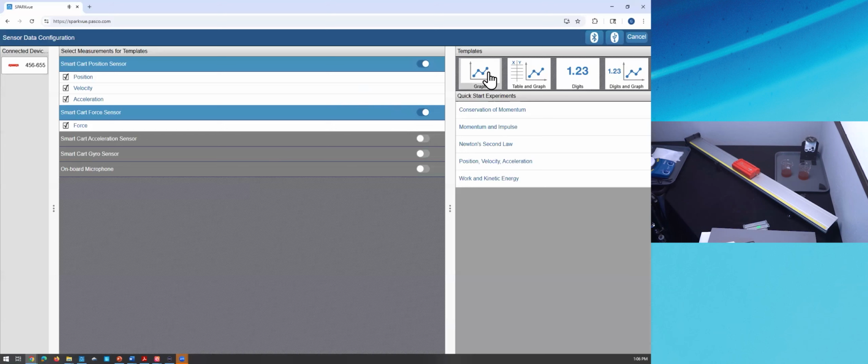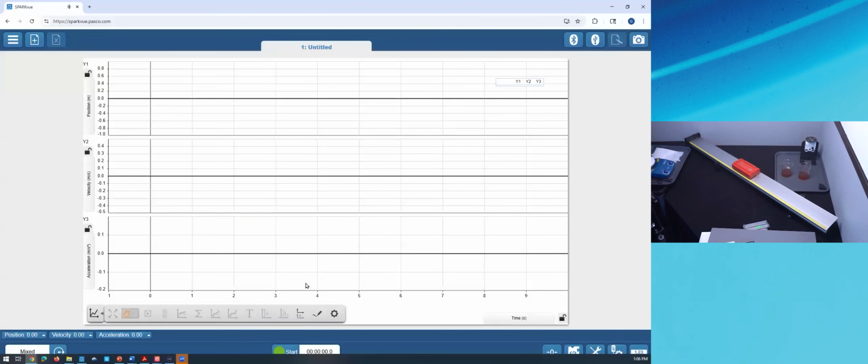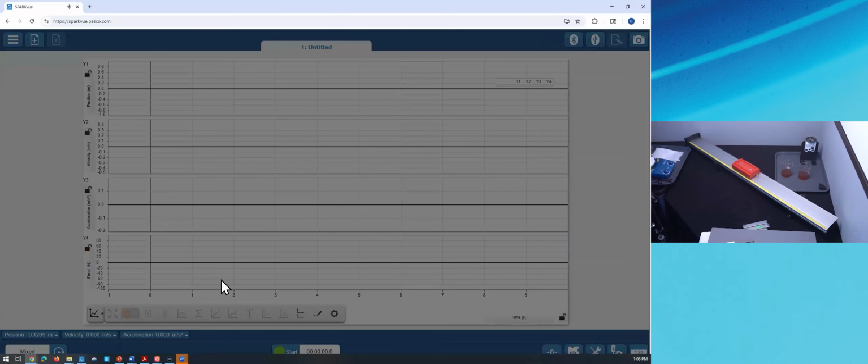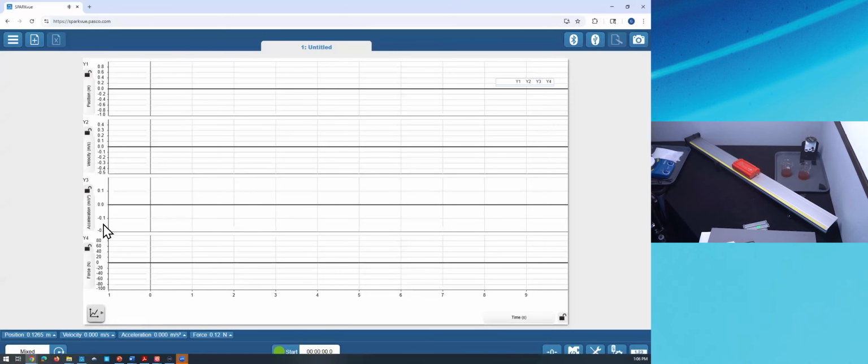Well, I'm going to choose a graph display. I think that'd be great for visualizing these measurements over time. So with these 4 measurements selected, I'll choose graph like we did before, the graph template. And it turns out the graph doesn't want to get too busy. So it only showed me the first 3, but that same technique we used earlier, add a plot area, would allow me to add the 4th plot area. This is the limit just for screen real estate, but I now have plots of position, velocity, acceleration, and force